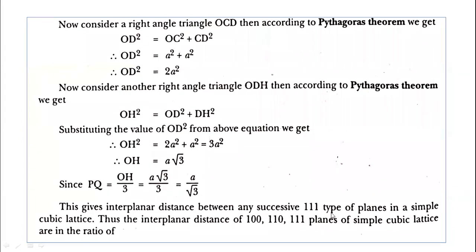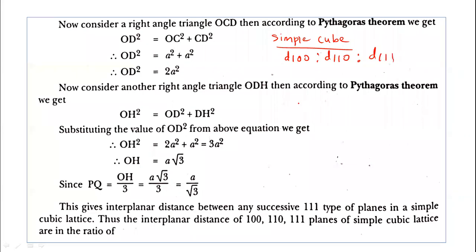So the interplanar distances of 100, 110 and 111 planes of a simple cubic lattice are in the ratio of what? Because we want to find out that ratio here, in a simple cube, or primitive cube. So in a simple cube, the ratio is D100 to D110 to